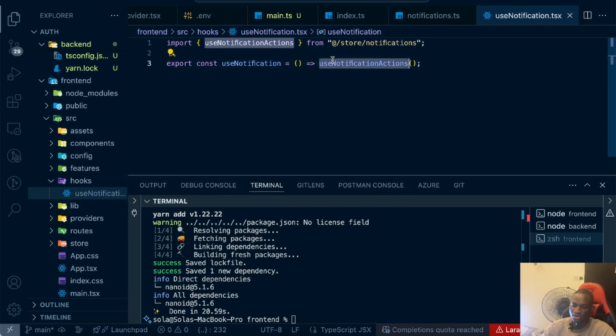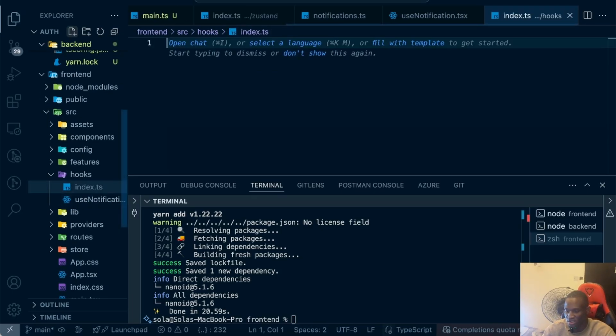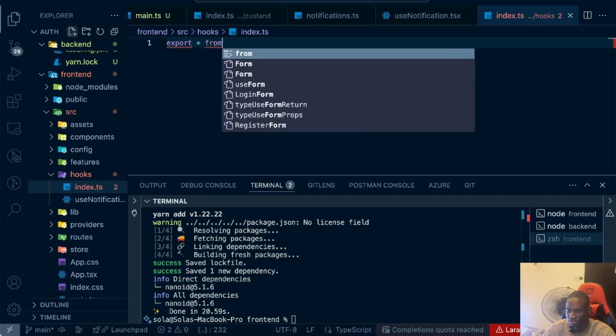So instead of calling this directly, we just put it in a useNotification hook, and that does everything for us. And right here we do index dot ts, and we just export all from